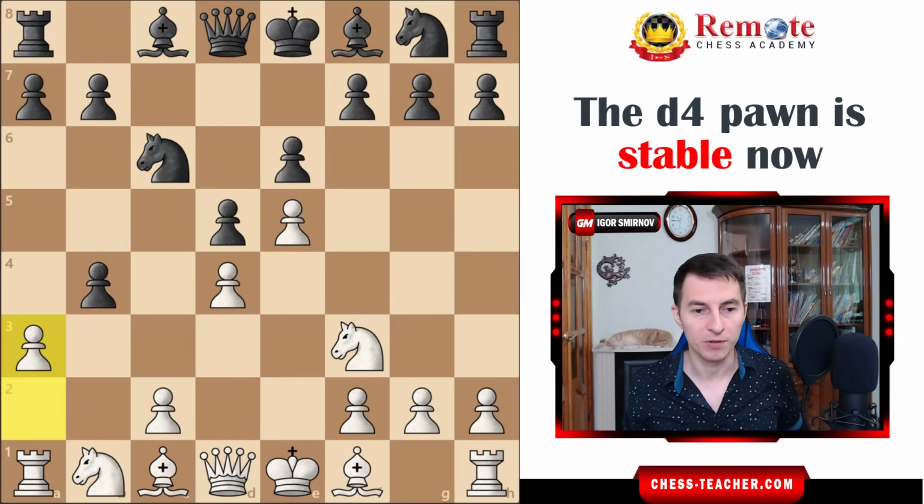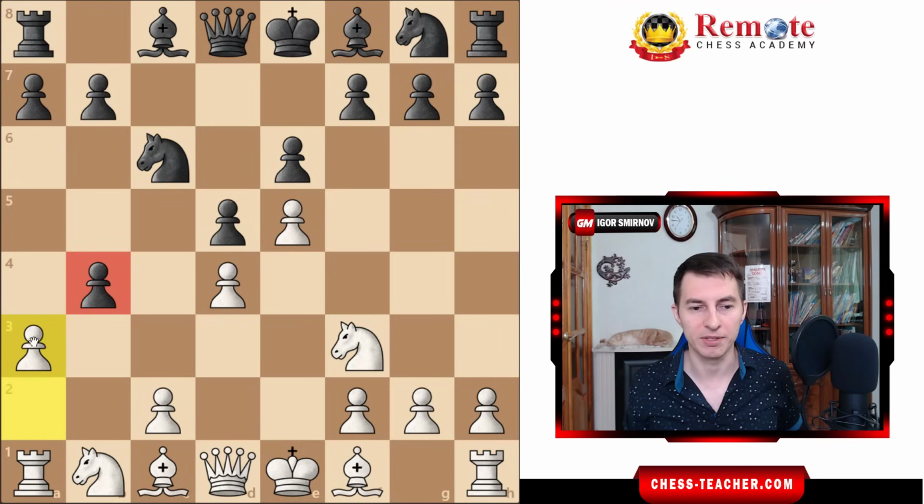Here white plays pawn a3, trading off this pawn on b4, because this pawn is a bit annoying, and this pawn a3 move is very common for these lines, so it's worth noticing. Because of this pawn, you can't bring your knight out, your pawn cannot move forward, so a3 is a very good move here. And after pawn takes, you don't recapture immediately, because this pawn cannot run away,